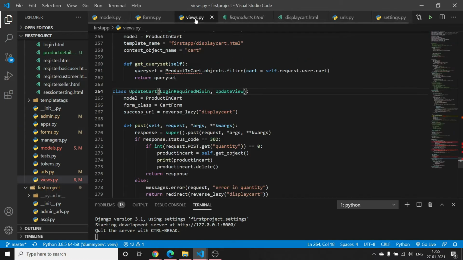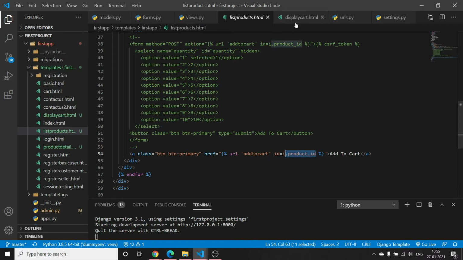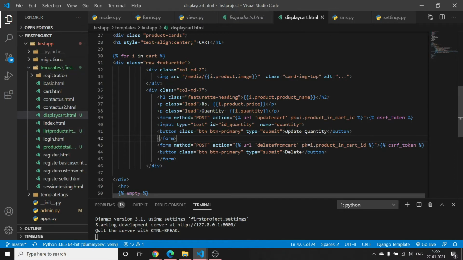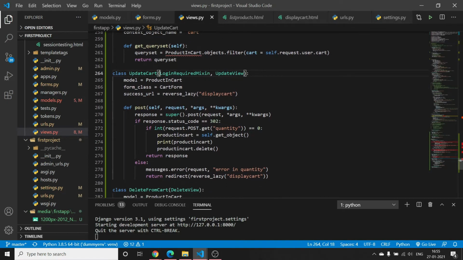And since I'm not using a default update view get request, I am rendering this form by myself on this different view, like a different template, display cart.html file. That's why I added this ID and name with the default value, because if you change this, then it will not be read by this update view. So that's why I recommended you to use a function based view here, because it will work more fine here. But to show you the functionality of update view, I have handled the situation in such a way.